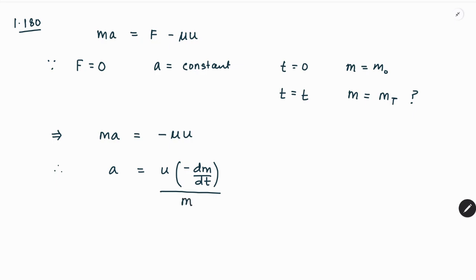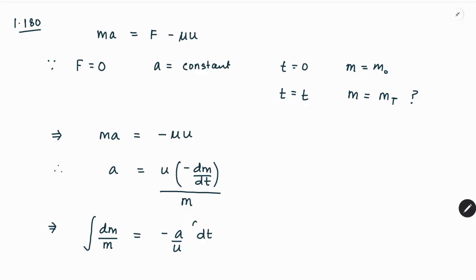So we have an equation like this, and hence if we arrange the terms, acceleration being constant, then we can say that dm by m is equal to minus a by u dt,